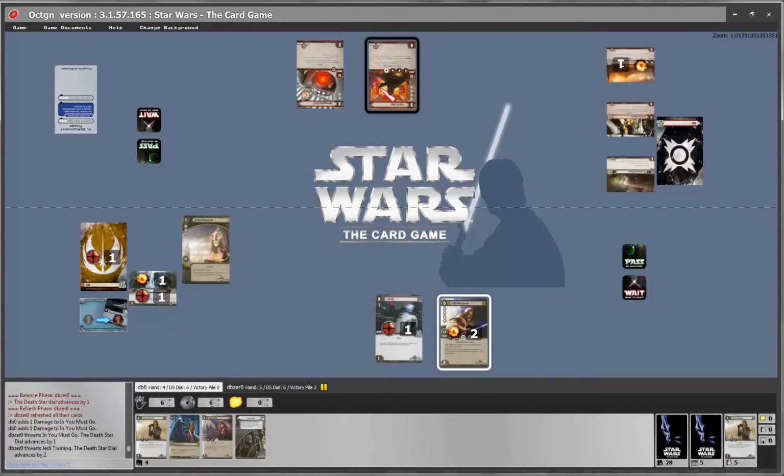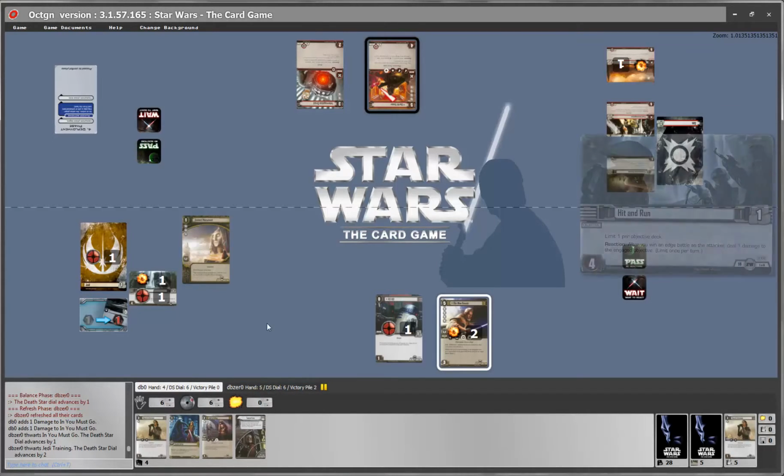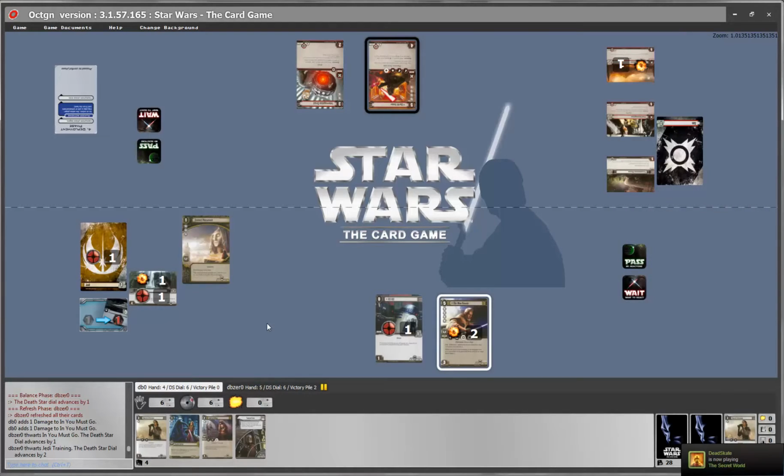The Death Star dial is now at 6. Likewise, the more objectives they destroy, the more the Death Star dial will increase. 3 and then 6, etc., and then 3 and then 4, etc.